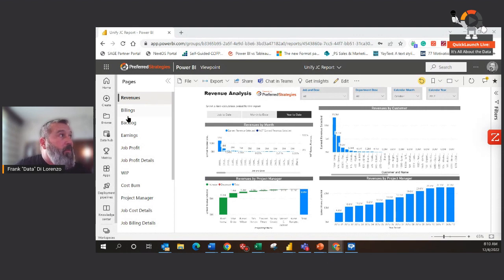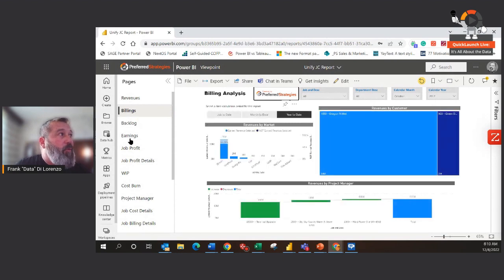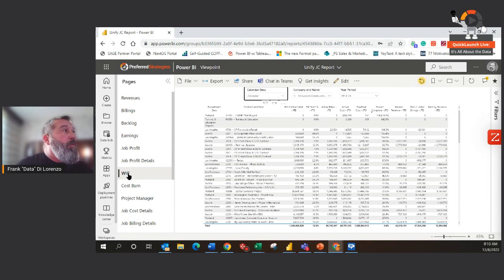Okay, so multiple pages on a Power BI report, but let's say I get to a WIP. I've got an example of a WIP report that I've now written in Power BI, and it's got a lot of the same similar data. I can format it however I like. That's one nice thing with a strong reporting tool. That's cool, but we're here to talk about drilling down